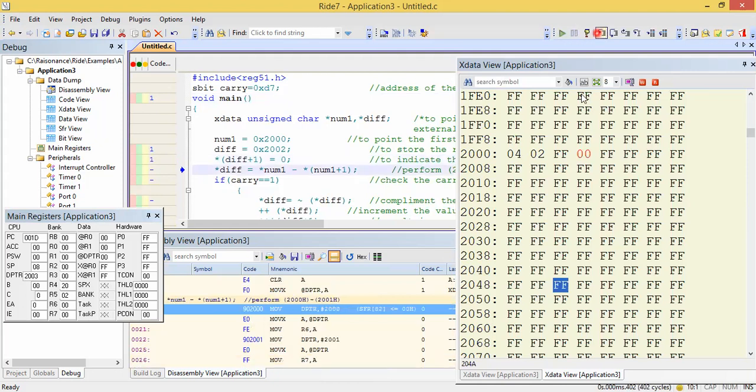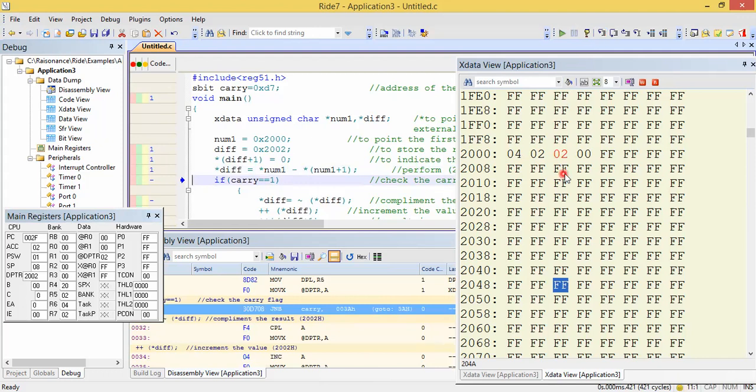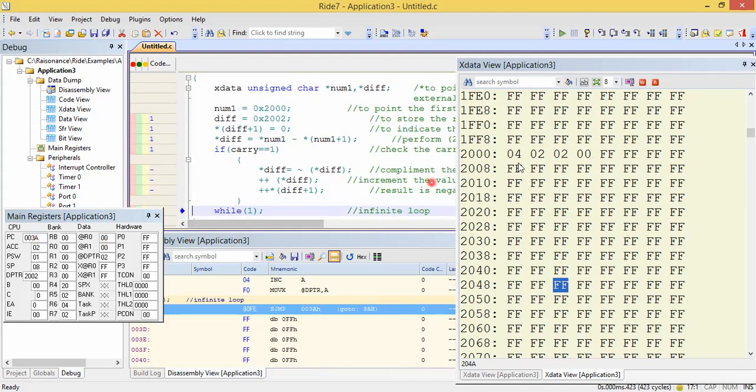Initially we'll assign 0 in 2003, and if you perform 4 minus 2, it's 2, and you can see the carry flag is 0. Carry flag equal to 0 indicates the result is positive, so we don't want to convert. If you check the condition carry equal to 1, the condition is false, so it will not execute this particular block, and it will directly go to the final statement, that is while 1. So we can verify the result. We verified the two results: when the result is positive and when the result is negative.